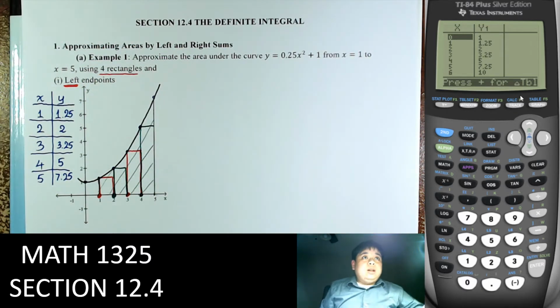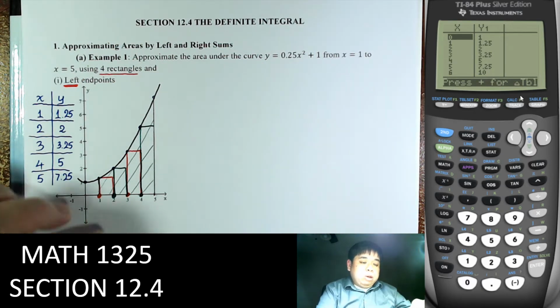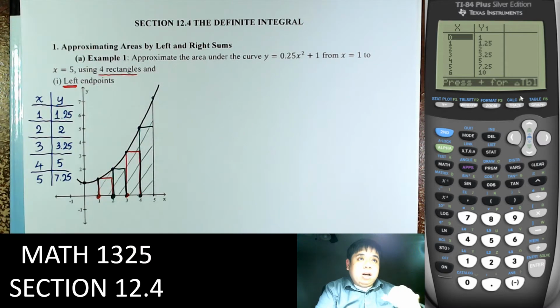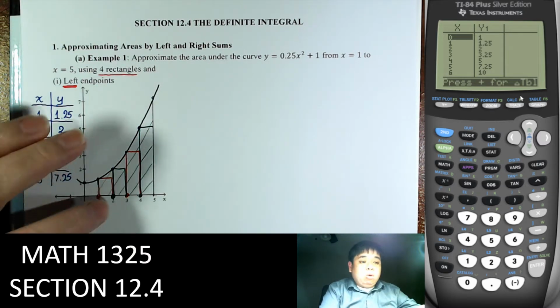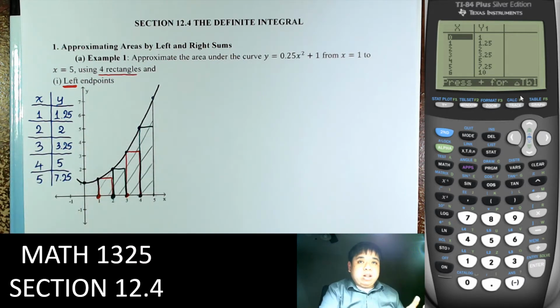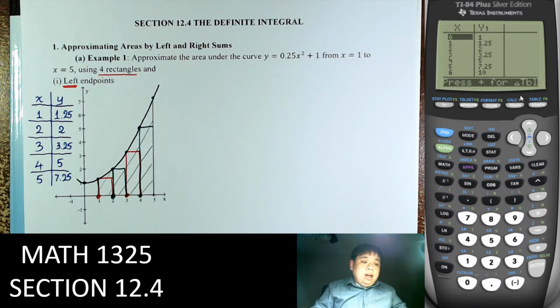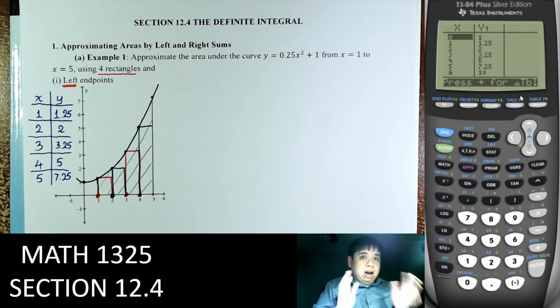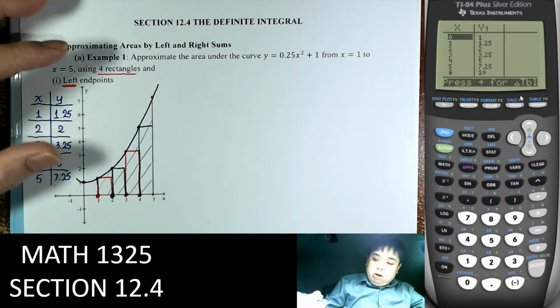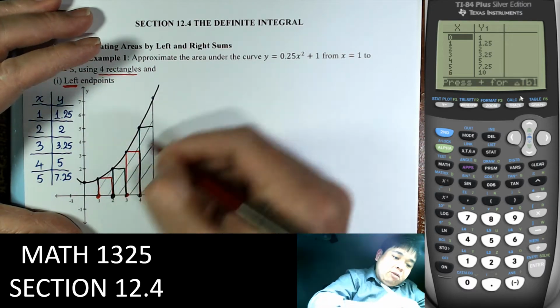So we have 4 rectangles, and now you see that if we estimate the area of those 4 rectangles, that will be close to the area under the curve. But it's close, not good enough. If it's not good enough, we'll make more and more rectangles. The more rectangles we have, the better the approximation is. So in that case, we just find the area of each rectangle. From 1 to 5 divided into 4 equal segments,